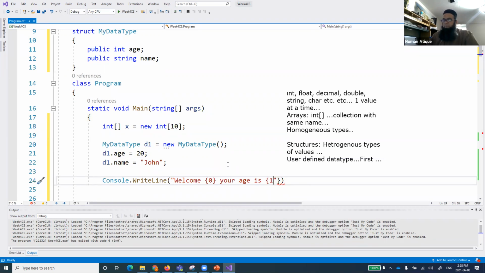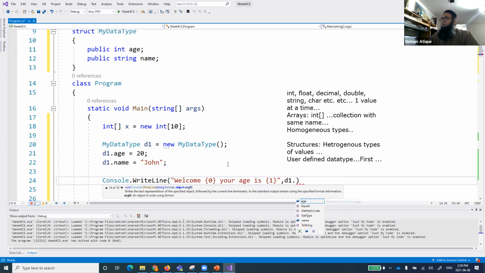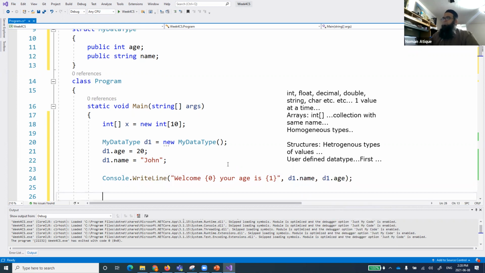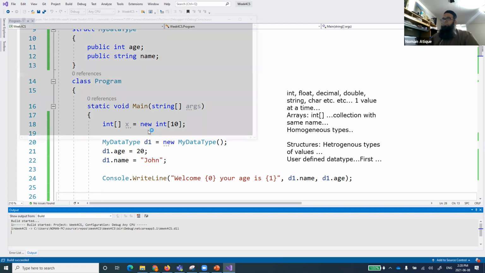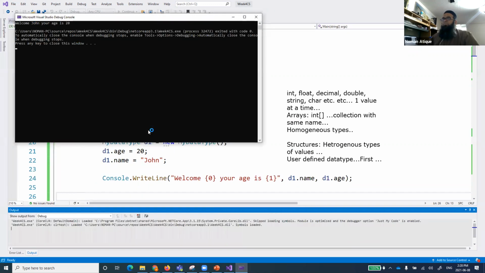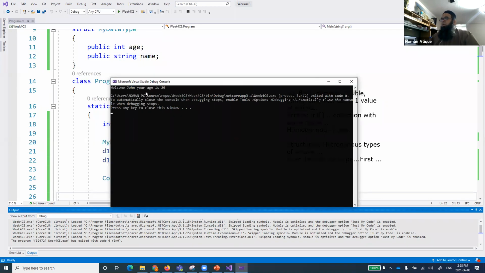Of course, the same way: d1.name, comma, d1.age. Now let's run this, see if it works, and then we'll talk about it. Yes, you see, welcome John, and your age is 20.